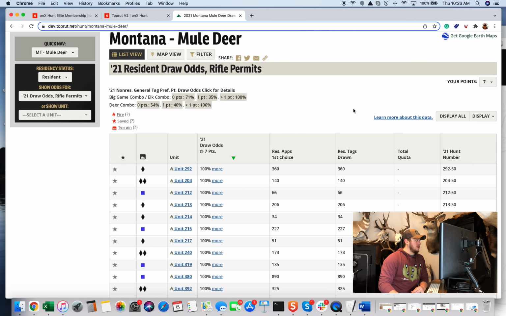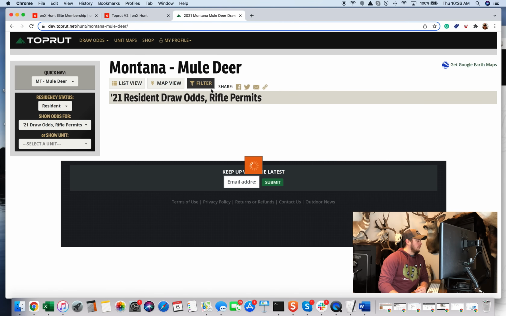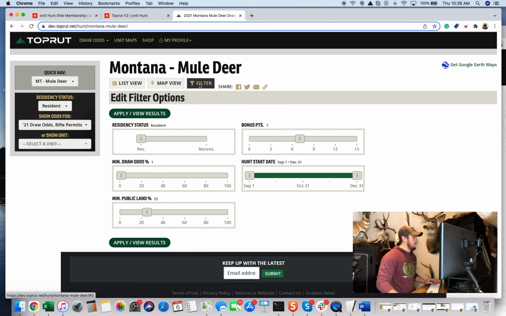Like I said, lots of different ways to look at this here, but you can filter, you can do all sorts of different things. So if you go ahead and click on filter up at the top, again, resident status, I can also choose, okay, I want to look at tags that have a minimum draw odd of 40%. I can also look at minimum public lands. So if I want mostly public lands, you can adjust that there. My bonus points, and then the dates, depending on, you might have certain dates that you can hunt every year, and that's it. So you can also filter hunts and units by those dates. Going back to the list view,